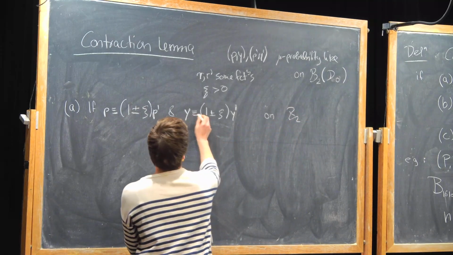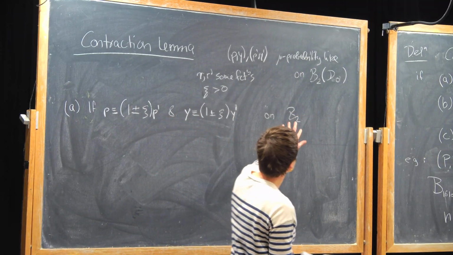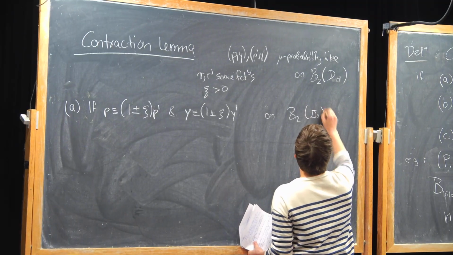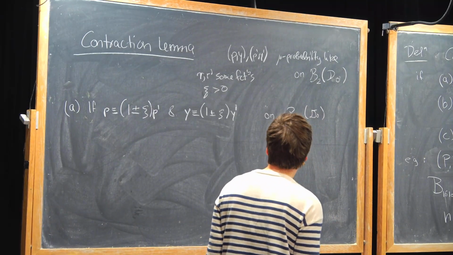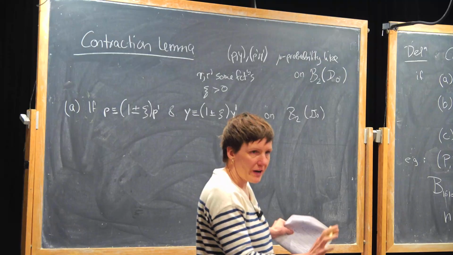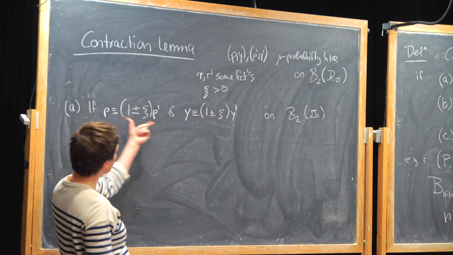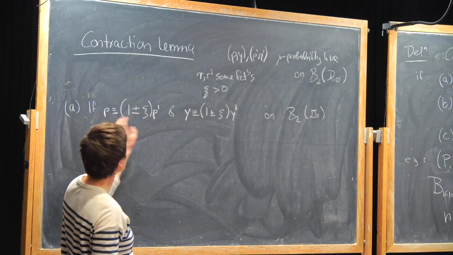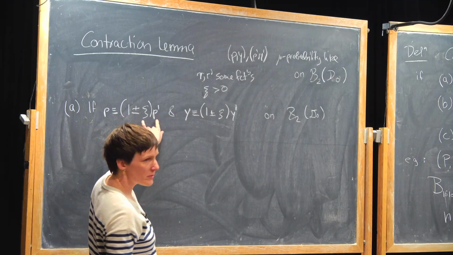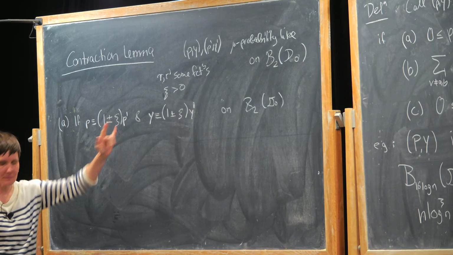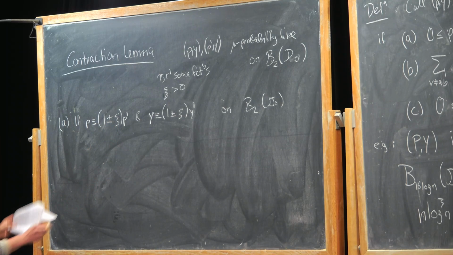This is for all sequences in B2 of d0, and for all A, B, wherever I'm using this, I have uniformly that P is between 1 plus psi times P prime with the same parameters and Y minus psi prime with the same parameters. So then